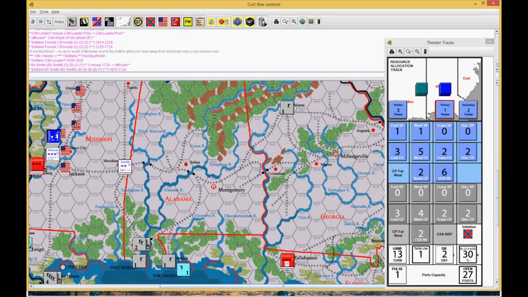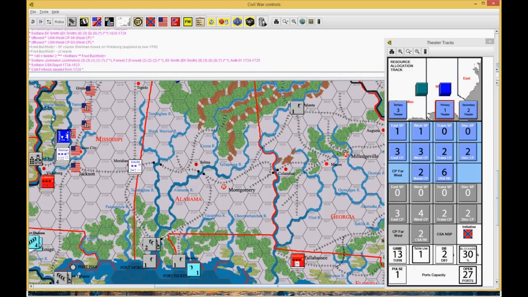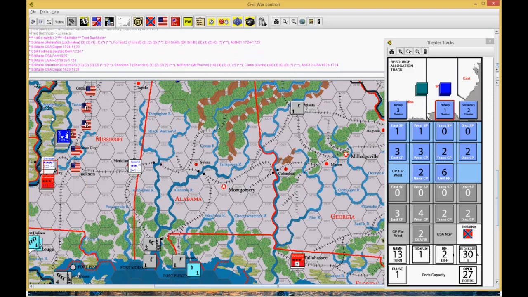I also took another leader hoping to get a plus on him, but I didn't. I got E.K. Smith instead. And of course Sherman's going to try and take him, and J.J. says, no, we're leaving. So I get to turn that into a fort. I get to capture the...